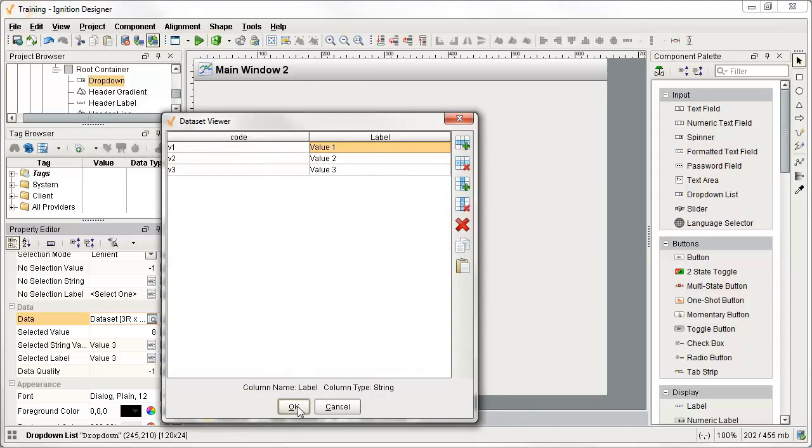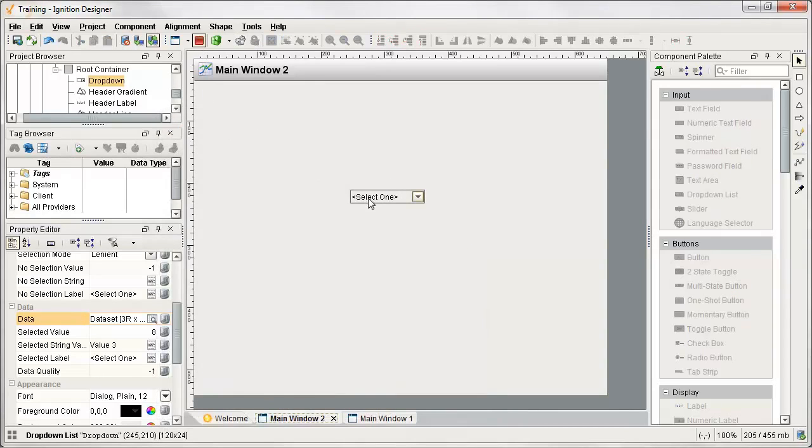So when I press OK here, again, the user is going to see the same three options in the drop-down list. But if I select value 1, as you can see here, the selected string value now is what I'm going to use because that's the first column as V1. Then the label is the second one. Click on value 3, I can see V3 as a selected string value and then the selected label as value